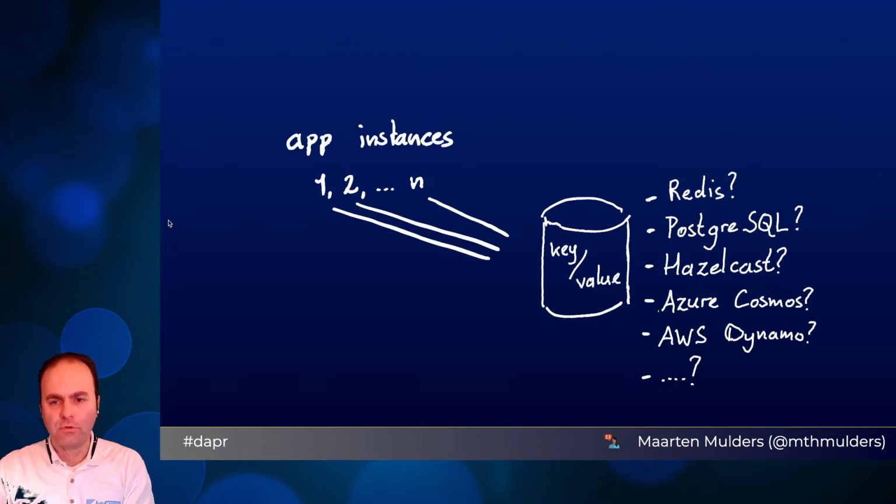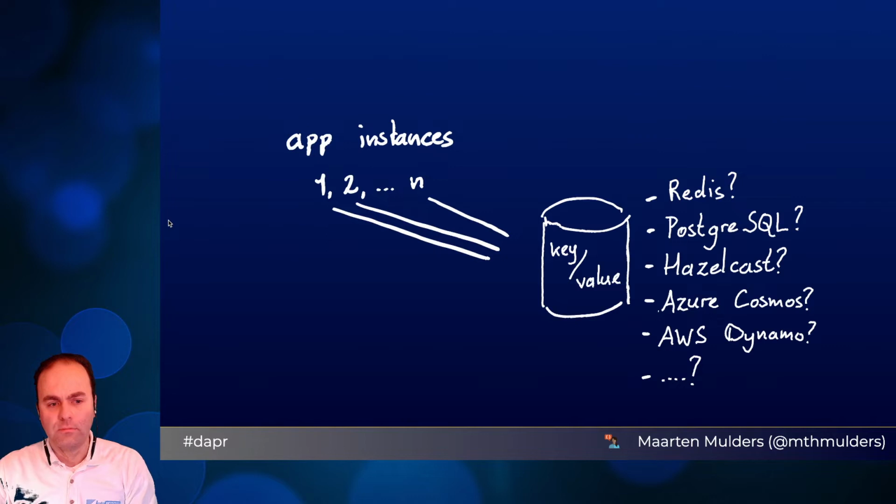Now, our application also needs some kind of storage. We don't know yet what kind of storage we would like to use, but we know that the storage requirements are relatively simple. We have a key, we want to store some values with that key, and we want to be able to retrieve them later. It's as simple as that.